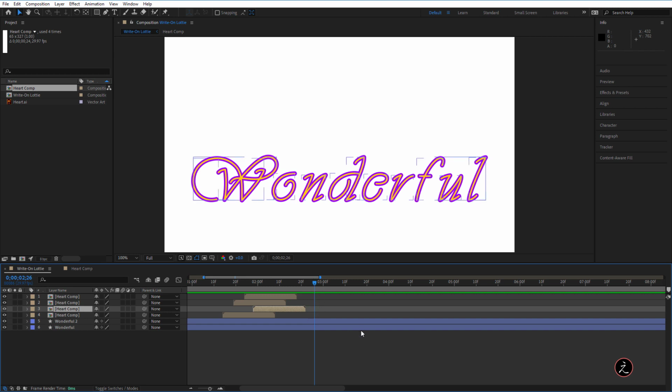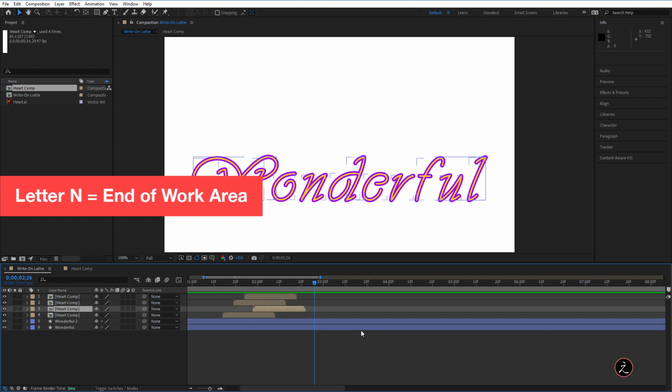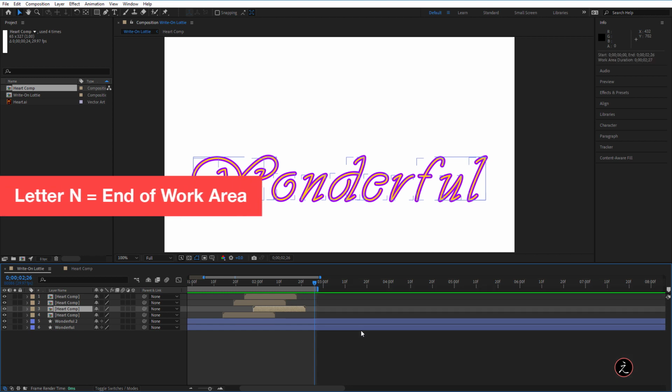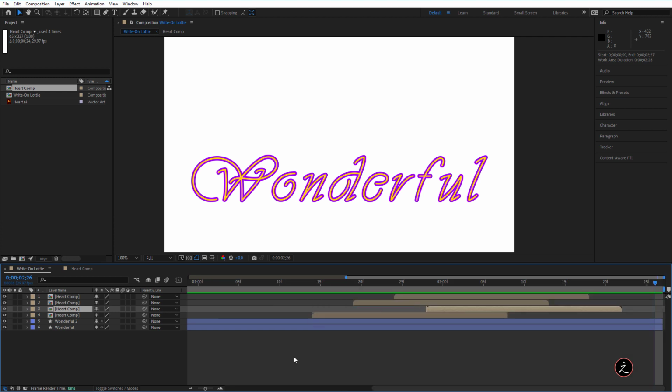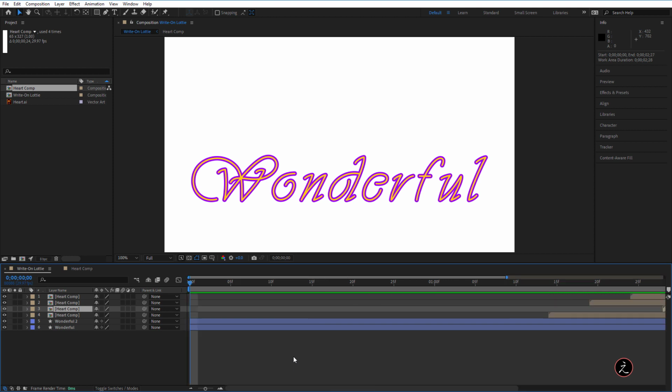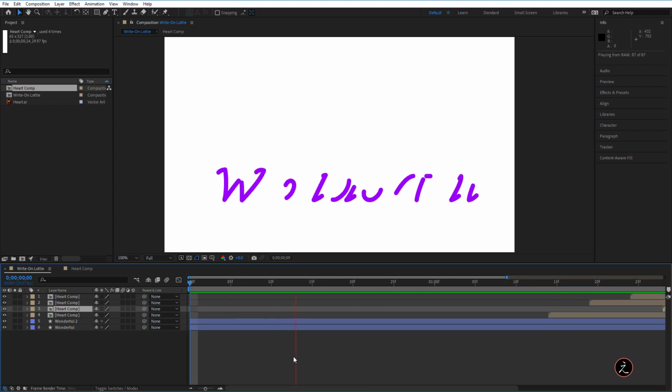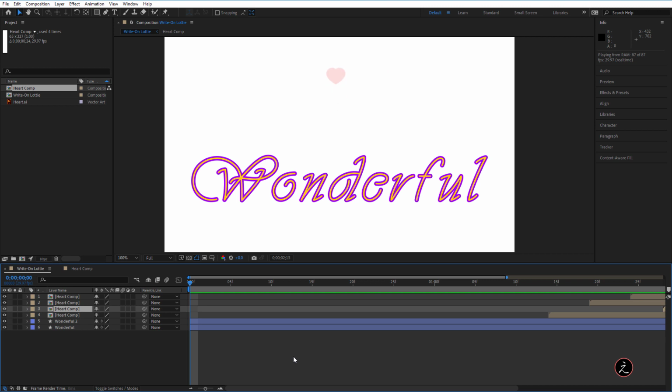And then I'm going to press the letter N on the keyboard for the end of the work area. And then right click and use trim comp to work area. There we go. Let's press the Home button and then press the space bar for the quick run preview to look at the very final here. And now we are ready to go to the next step and export this as a Lottie file, as a Lottie animation.